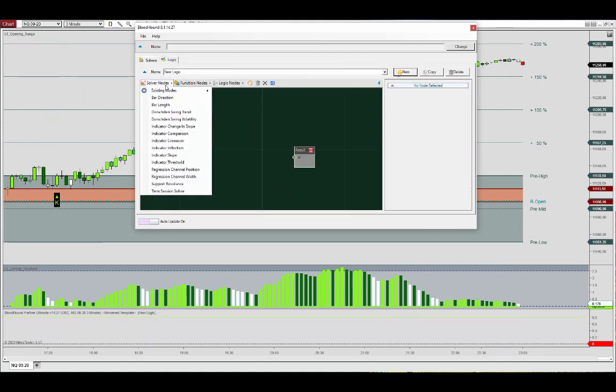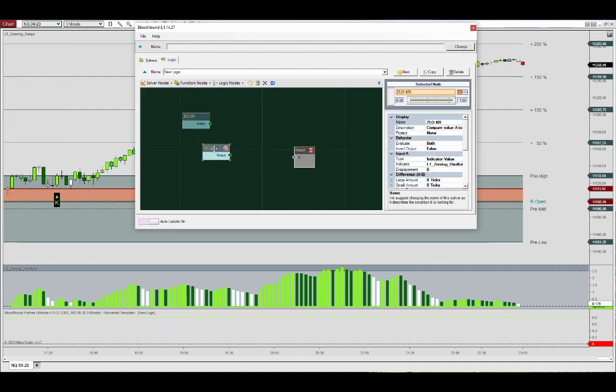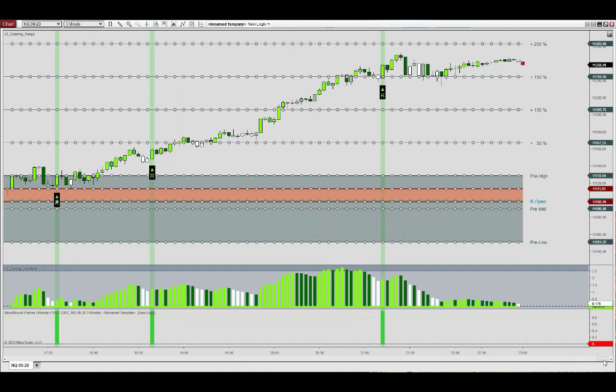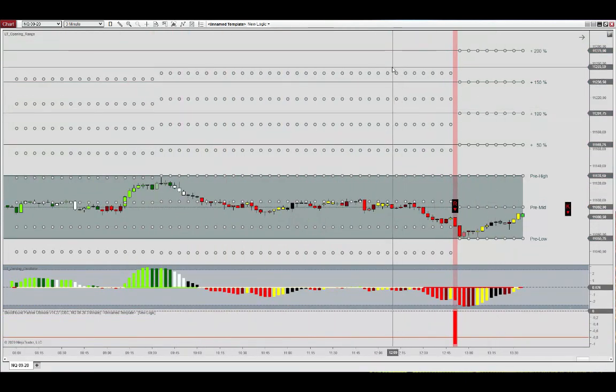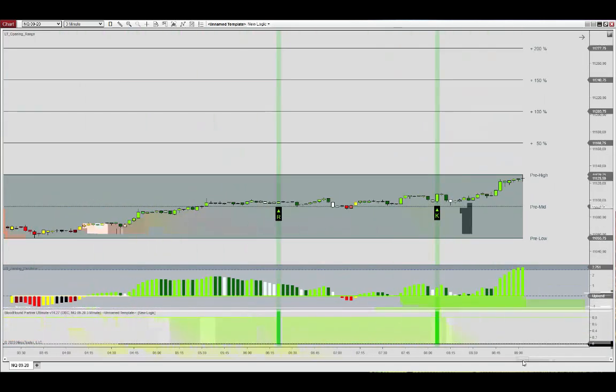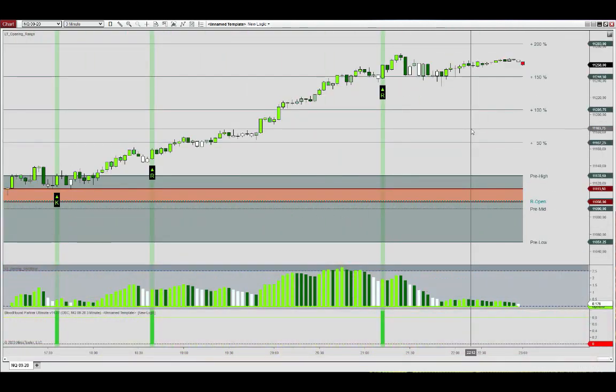So create a new logic here with both of these. Combine it with an OR node. And at this point, we catch all the signals that show up on the chart. All right, and now we'll want to look at